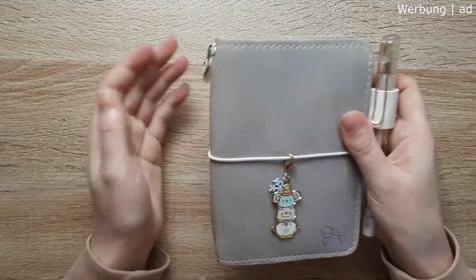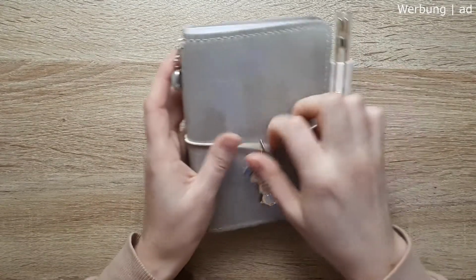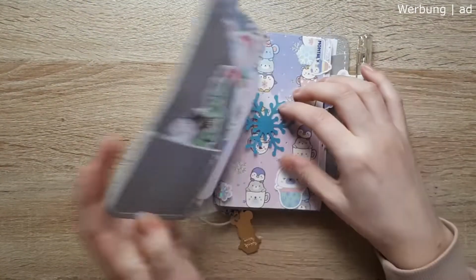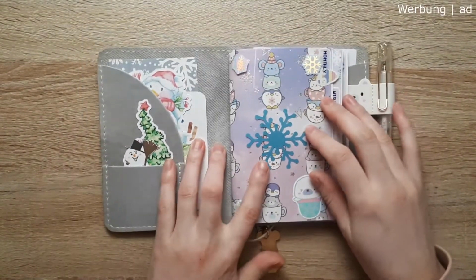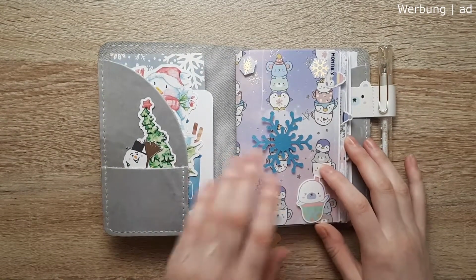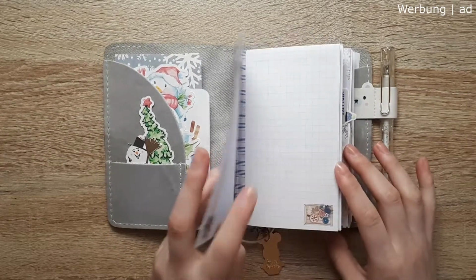Next up, we do have a smaller seasonal planner, and this is a planner I just set up for Christmas, or for December. It's my Christmas planner. And I also liked the pocket ring planner. I liked to decorate it. I liked to make the booklets. I used some printables in it,